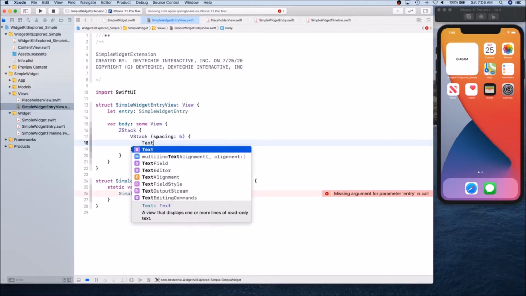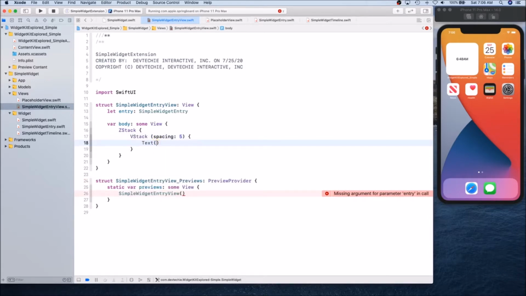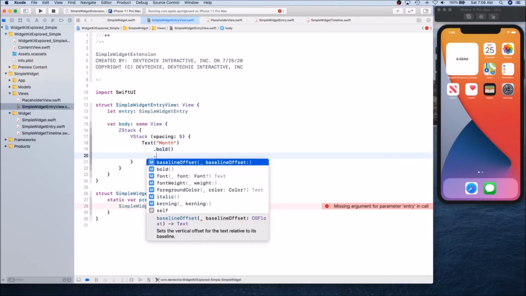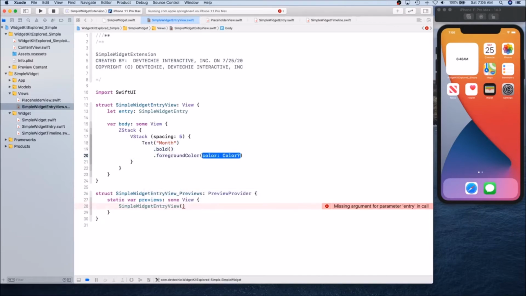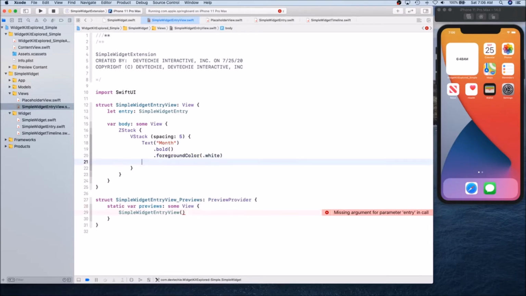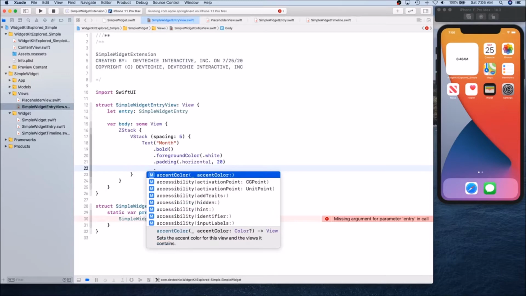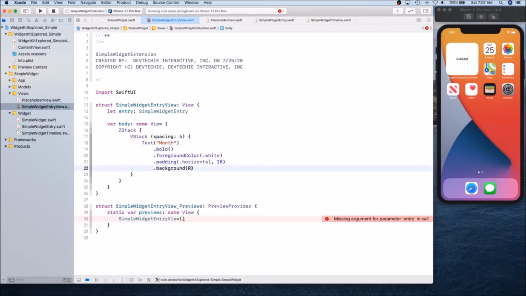Okay, and it's going to have a text which is going to be showing month. So we're going to create a helper function for that. Let's go ahead and just type month for now. Let's make it bold and give it a foreground color of white. Then add some padding to it, and padding is basically going to be on the horizontal side with 20 points, and background with rectangle,